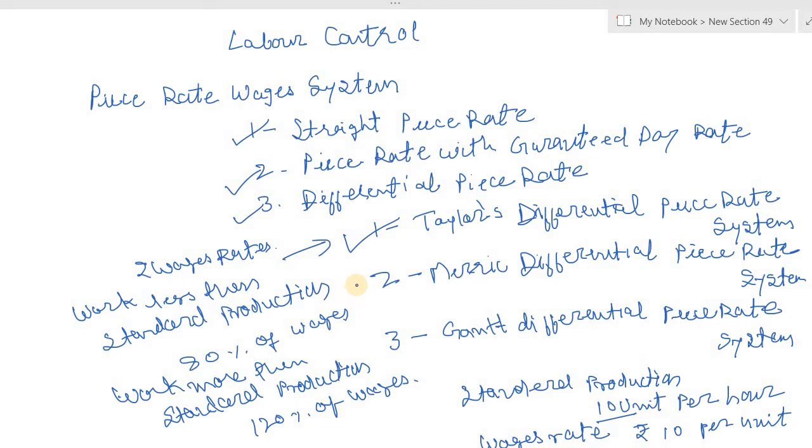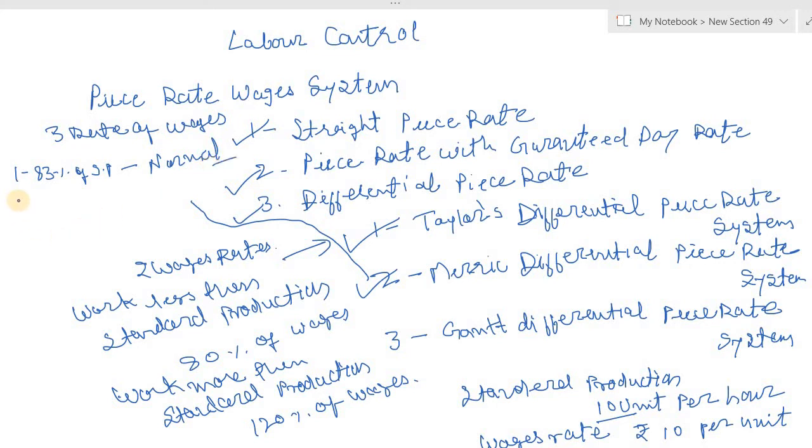Merrick differential piece rate system. There are only 2 rates in force under Taylor's system, but in Merrick system, at least 3 rates are used. In Merrick system, there are 3 rates of wages. First, up to 83% of standard production, the rate is normal. Second, 83% to 100%,